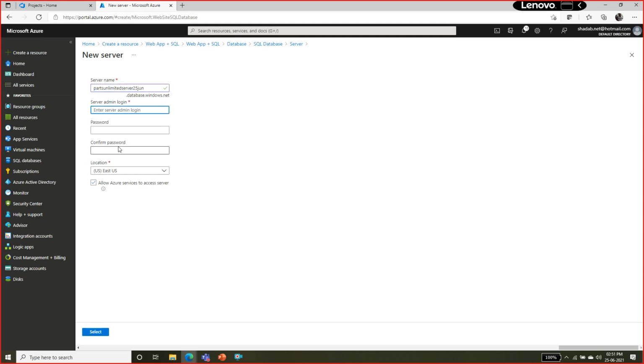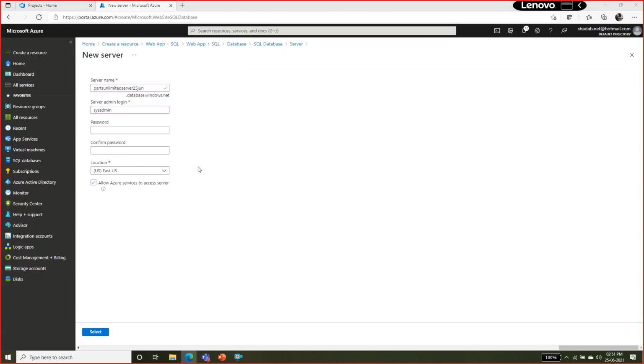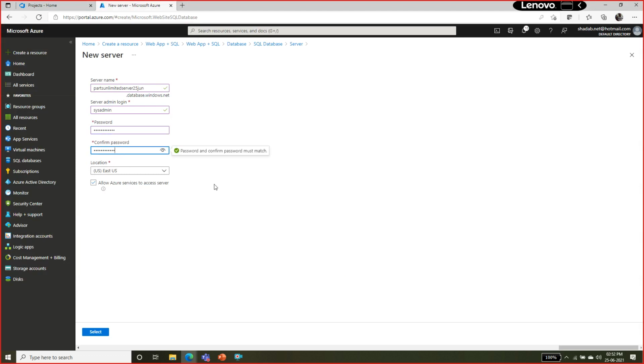It's asking me the username which is going to be used for login. I'm giving a username here. I'm using the same password which is mentioned in the lab. I'm going to use this password. I'm deploying in the East US location,